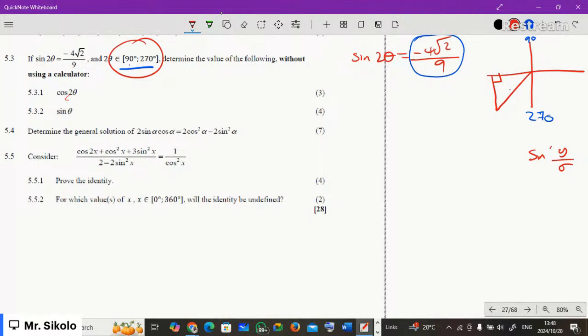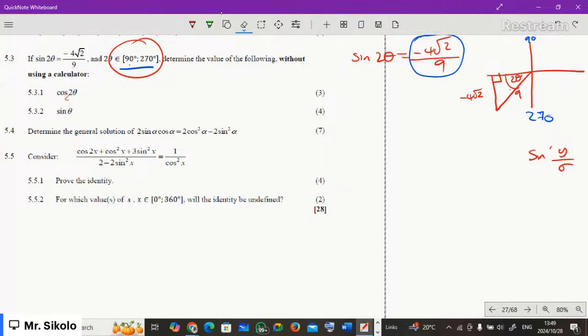So r is 9 from the expression, so you can put 9 over here. You can put the y, the opposite, and this is the angle 2 theta. So opposite or y is negative 4 root 2. Or if you want you can put it as a coordinate, you put negative 4 root 2 over 9. But I want you to put it in the way you are familiar with. Okay, it is vertical. Okay, then we move on to,